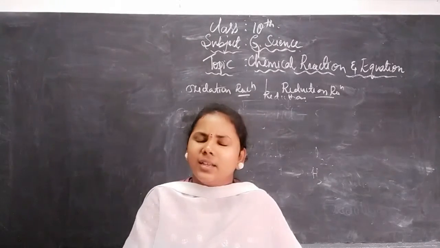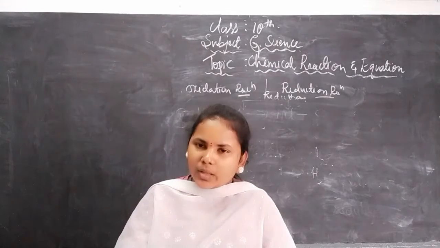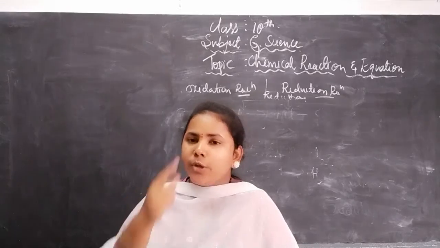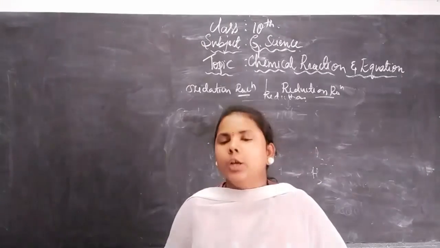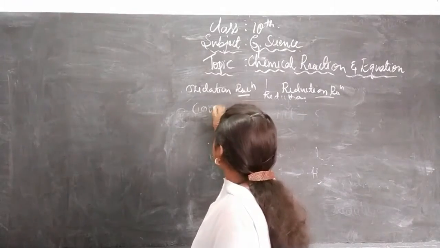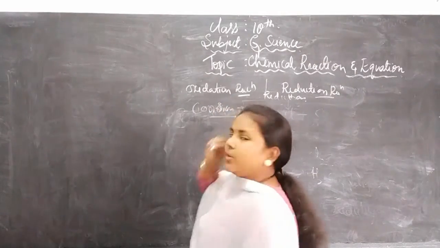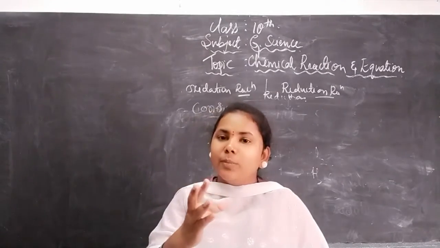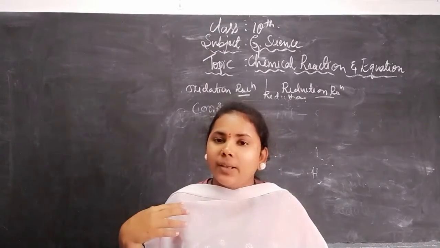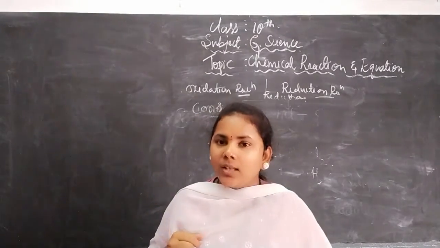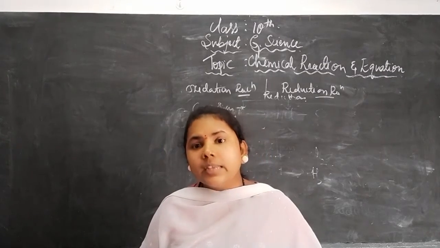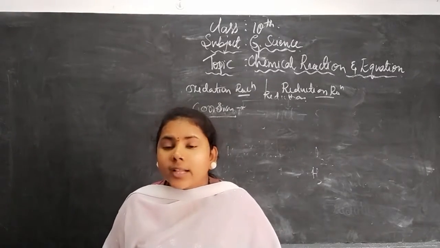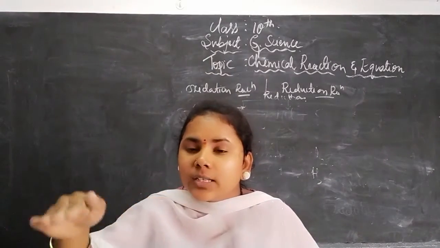Understand? If you expose normal iron to air or water, what happens? It changes its color and a brownish powder is formed. What are you going to call it? Yes, we call it corrosion. Then what do we mean by corrosion? When an element or iron article is exposed to air or moisture, it oxidizes, changes its color, and corrodes easily. This is called corrosion. Understand?